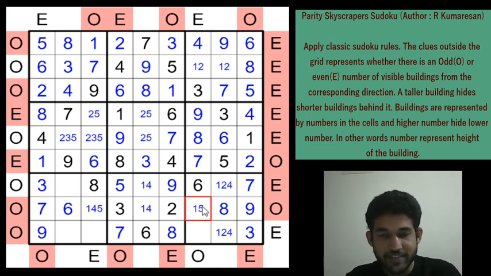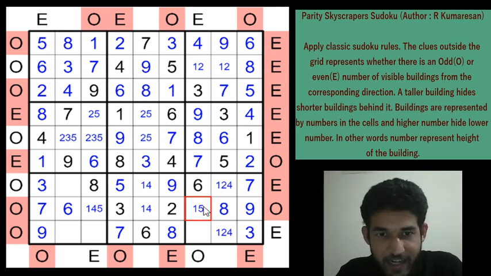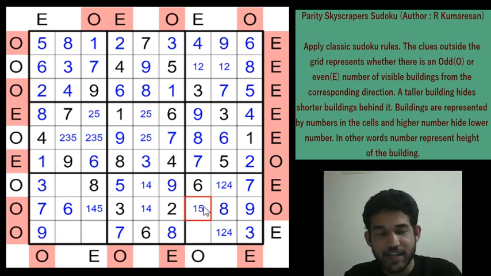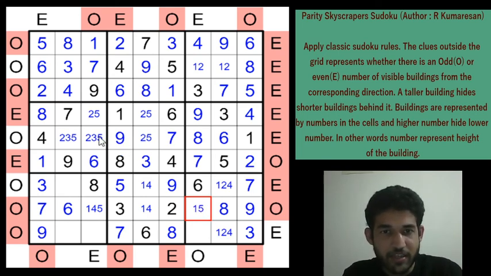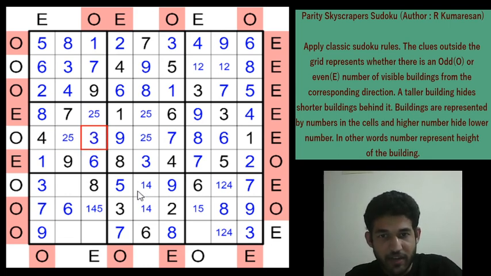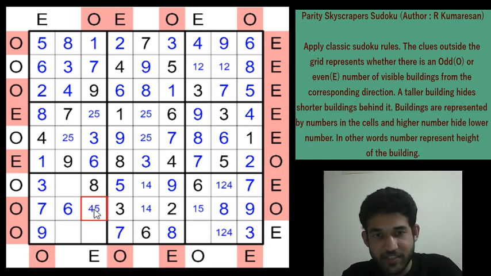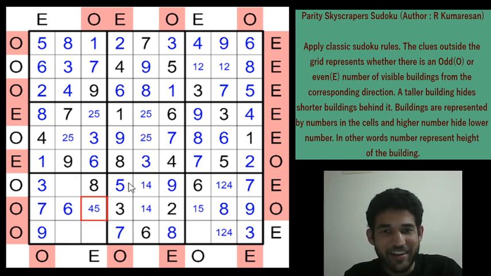What a Sudoku, guys. Really, even at the end part of the Sudoku, it is still clinging on. Usually at the end the Sudoku goes faster by using classic rules, but this Sudoku is still hard to solve. What a Sudoku. So because of this 3, we can eliminate the 3 from here. We have a 2, 5 here, and this is going to give us a 3 here. There is only one cell left, and this is not a 1 because 1 is here, so this is a 4 or a 5. A very beautiful construction. The author has made sure that the Sudoku never becomes easy at any point, I think.